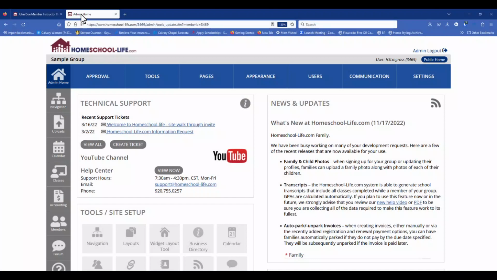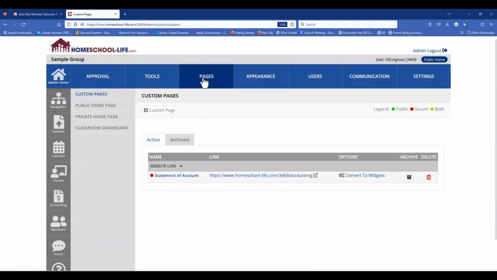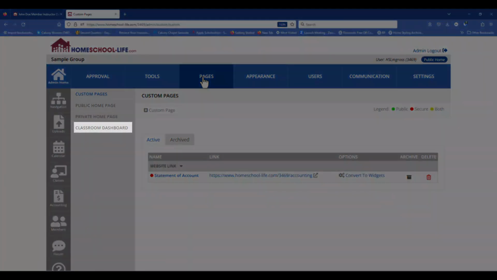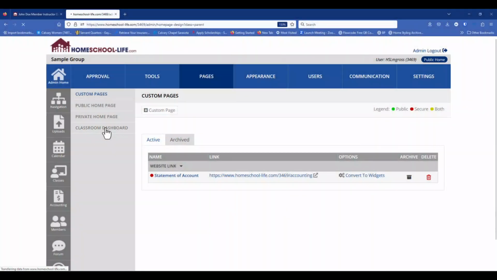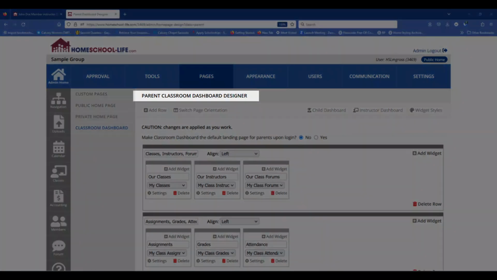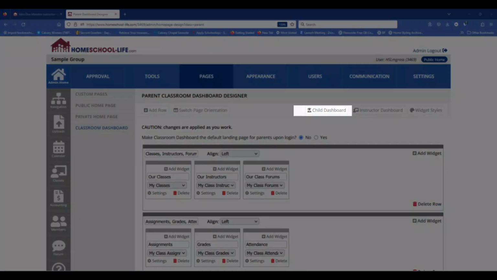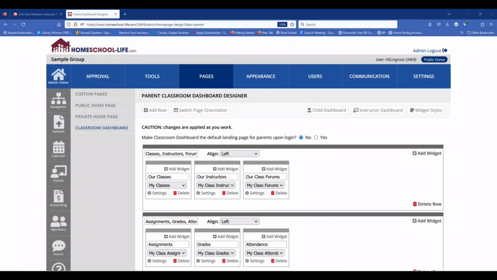Once logged into the admin portal, let's navigate to the Pages link at the top of the page, and then click on Classroom Dashboard. Notice here that we are on the Parent Classroom Dashboard Designer. We also have a Child Dashboard Designer and an Instructor Dashboard Designer. By clicking the dashboard of your choice, you can then work within that dashboard on setting it up for your